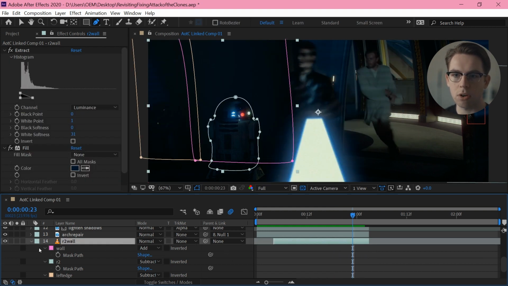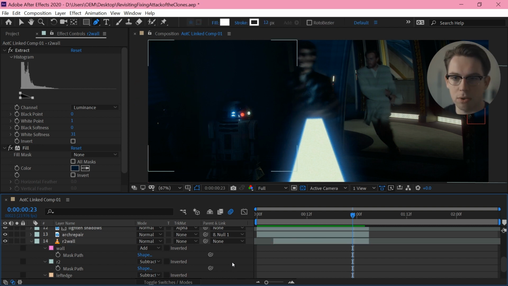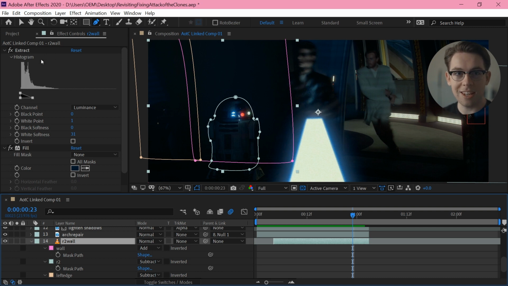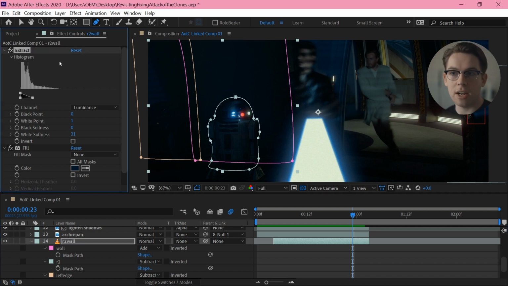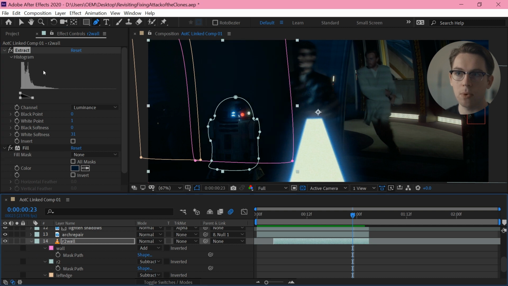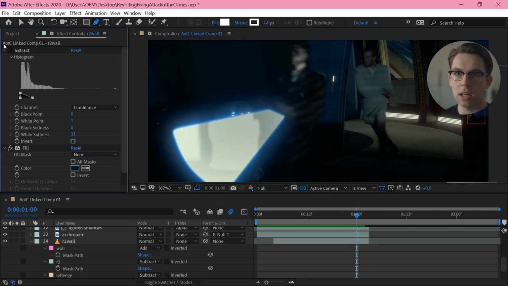And I'm doing this all on a copy of the footage, and the reason why I'm doing that, there's other ways to approach this, but the reason why I'm doing that here is so that I can do an extraction. I only want my fill to affect the darkest pixels, right? The pitch black areas on that back wall. So I can do an extraction and limit it to just those black areas. Without that, it's going to be opaque over everything, but with that on, it's going to cut out anything that isn't the darkest areas in this image.